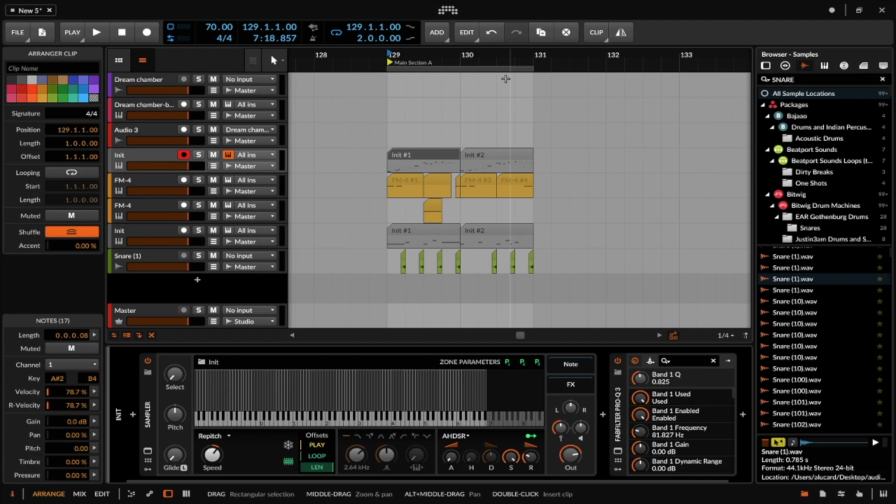Let's talk about how to make transitions. There's a lot of different ways to do it. And today we're going to be working with this really short project that I put together. It's got a sub, it's got some glitch effects, some textures along that line, and basically it's just a few musical components